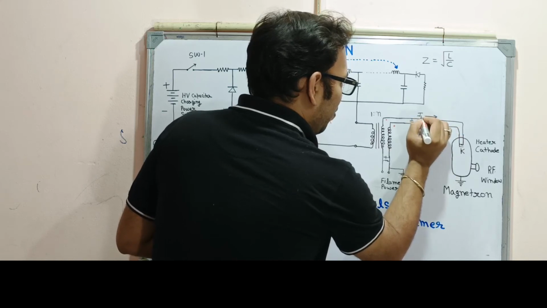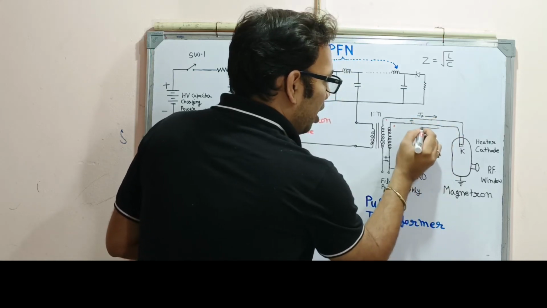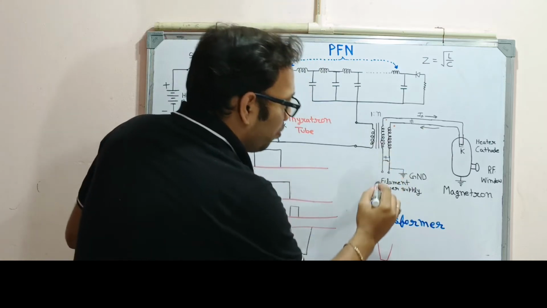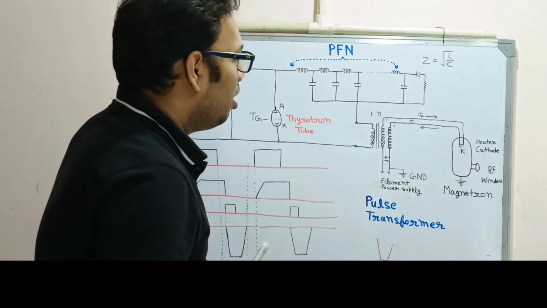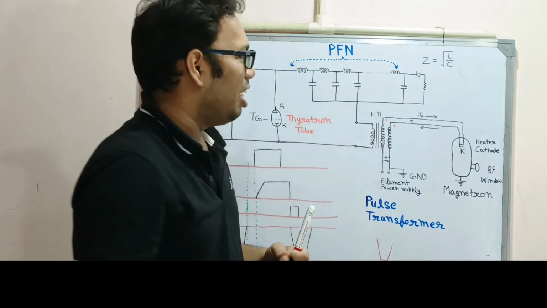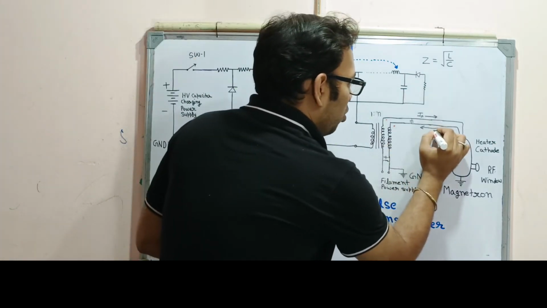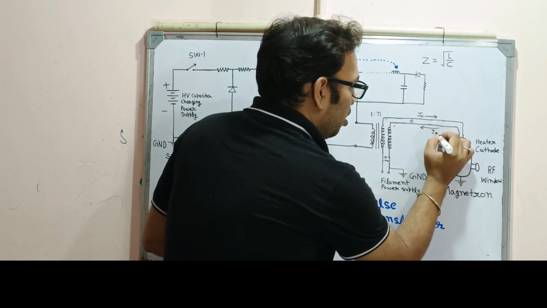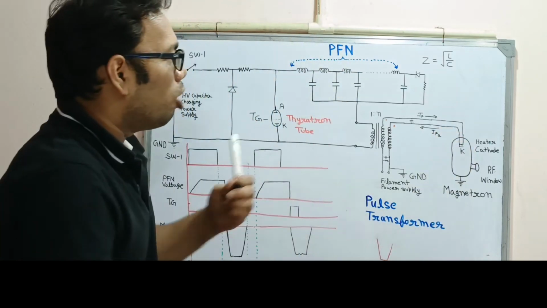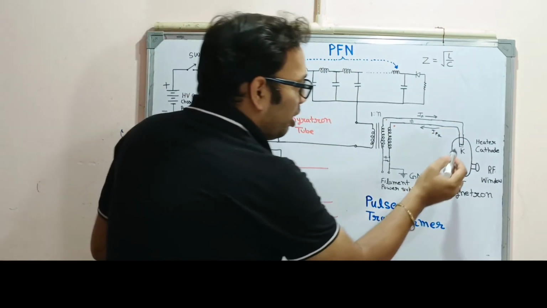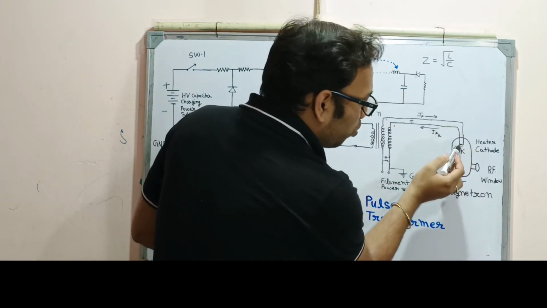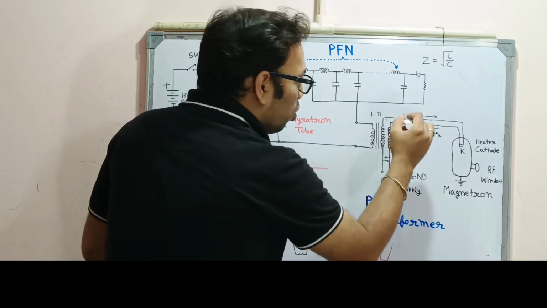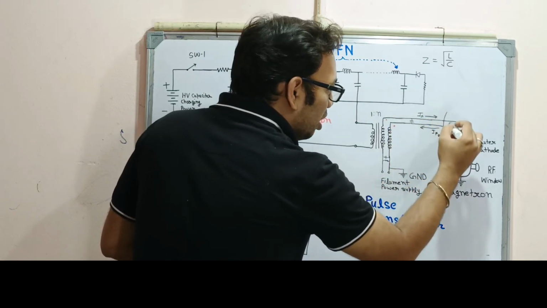This is IF, going and coming back here. From here it is going and then coming back. But one more current is there. This is also IF, I will write. So one more current is there, that is tube current, which is flowing from the anode to the cathode side, or electron is flowing from cathode to anode side. So one current also is in this section.